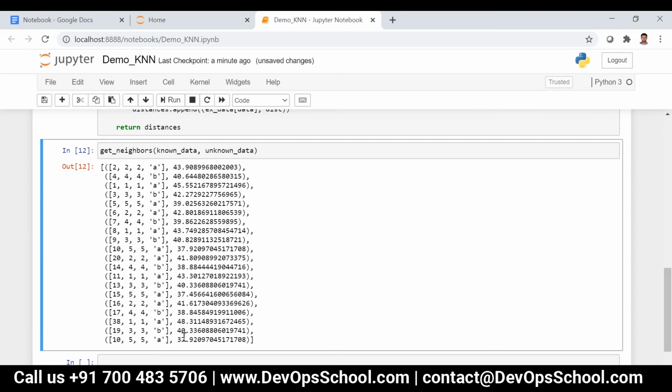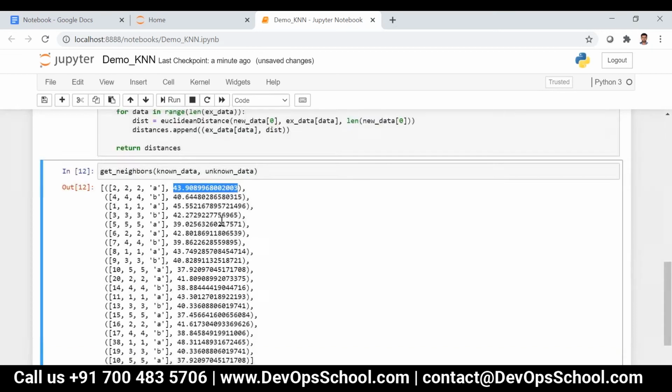Then what we have to do is sort this tuple based on these distances. Which is the minimum distance? I think something like 37, so that is the minimum distance.